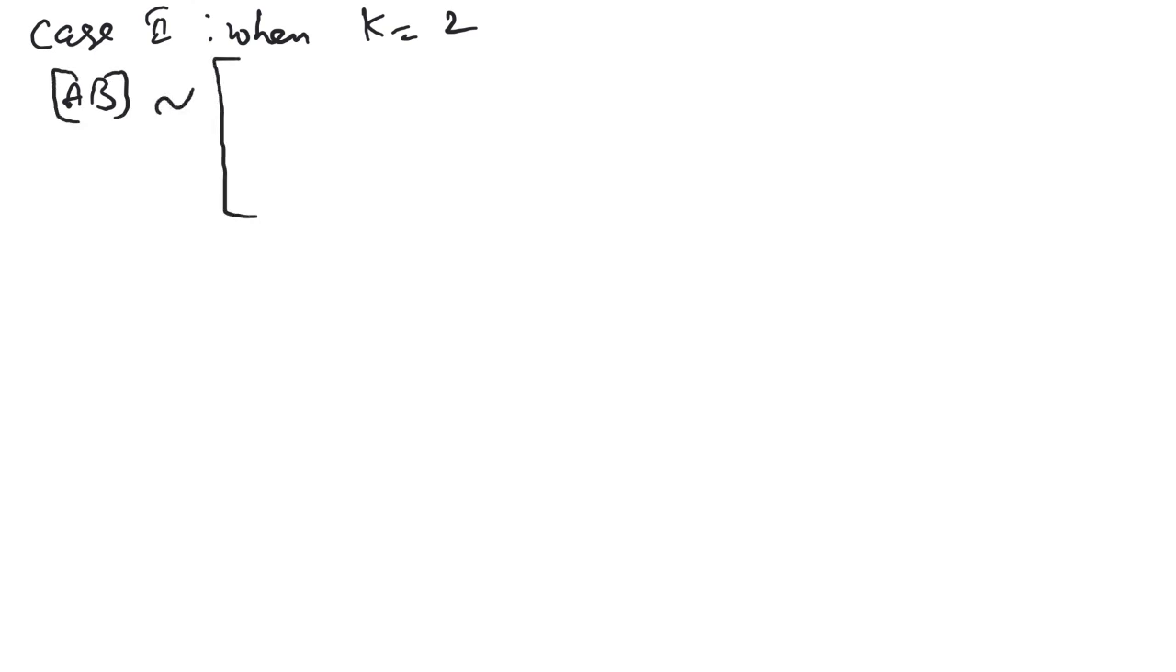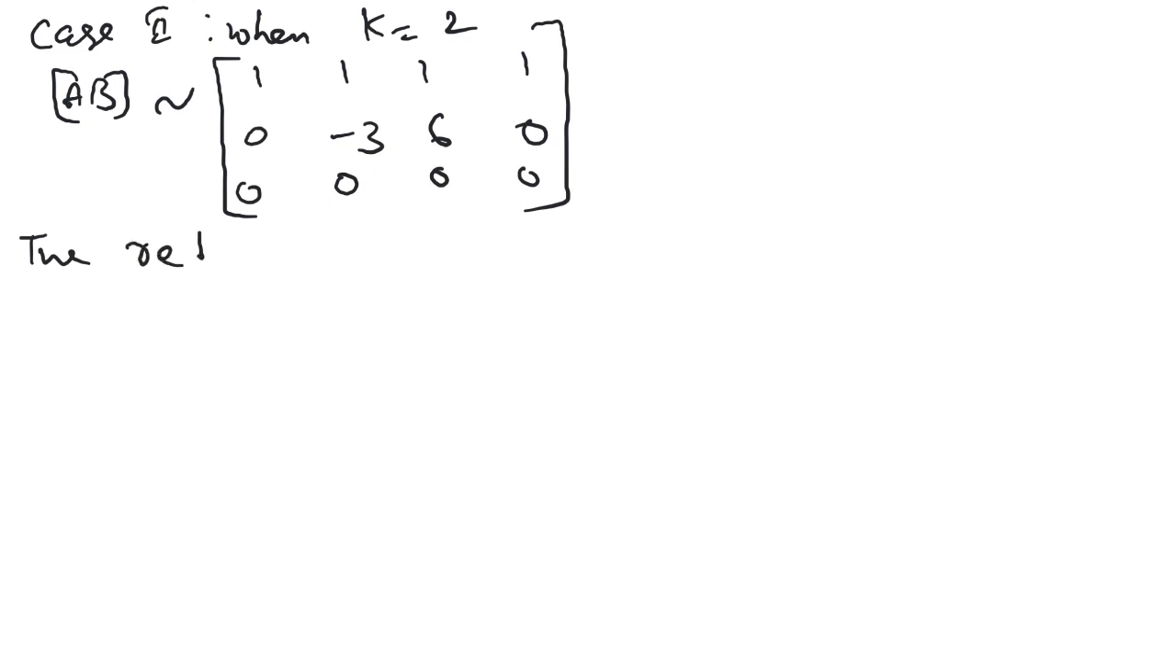Now, next case 2. When k is equal to 2, the augmented matrix [A|B] is equivalent to its row equivalent form, which becomes 1 1 1 1, 0 minus 3 6 0, and here because k square minus 4 becomes 0, the last row is already 0. Now the reduced system is